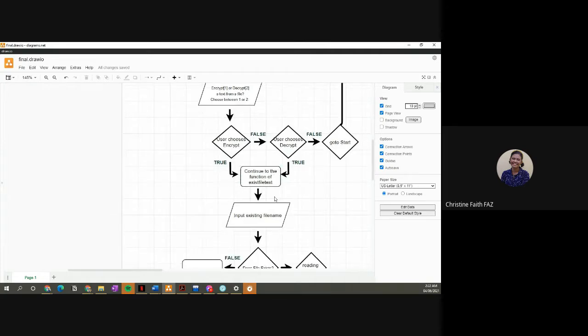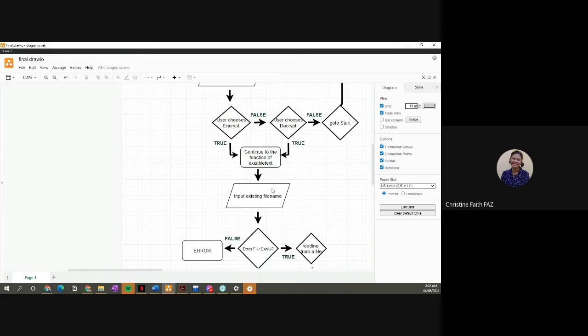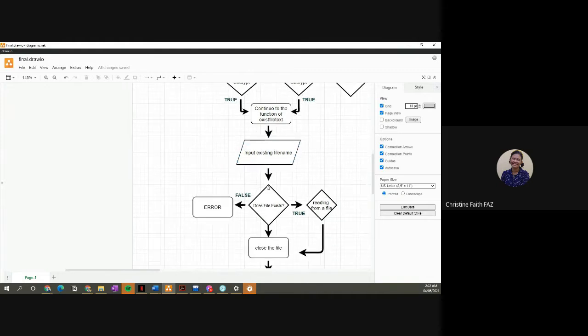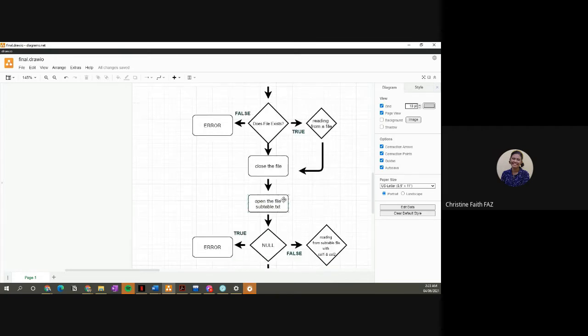If we choose between 1 and 2, between encrypt or decrypt, it continues to the function of exist file text, where the user will input her or his existing file name. Then, does the file exist? If it's not, it will be an error, and if it's true, reading from a file and close the file, then